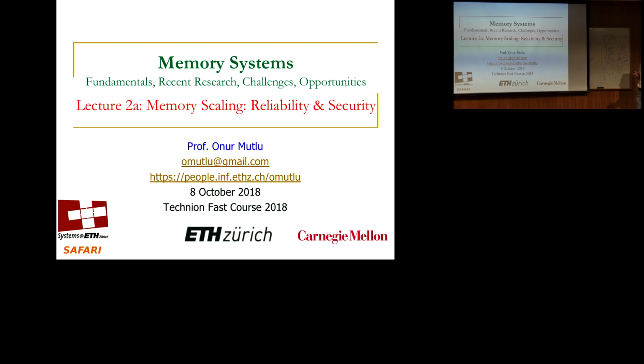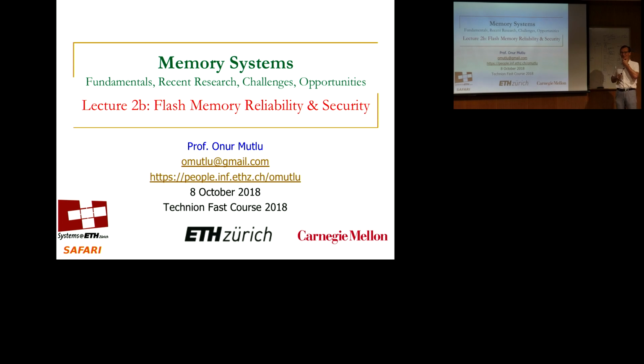So that's the end of lecture 2A. So now there's a choice. We go to lecture 2B, talk about flash memory reliability, less so security, or we go to lecture 3. Who prefers what? Who wants to talk about flash memory? You don't have a fully informed choice right now. What's the third one? Lecture 3 we're going to get to anyway, but that's about in-memory computation. Like we read that anyway. We're going to get there anyway. So this we can maybe cover in the last 30 minutes, and then we can start in-memory computation. Or if you say I don't really care about flash memory, who uses that anyway?